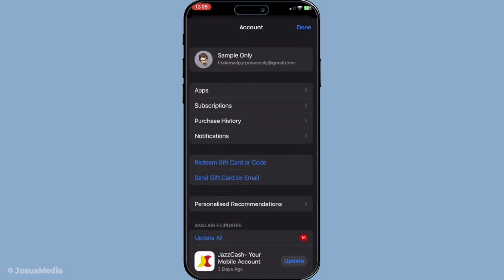After tapping your profile picture, a new screen will appear showing your Apple ID information. Right below your name and Apple ID, you'll find your App Store balance if you have credit available. This balance represents any credit that you've added to your account, either through gift cards, promotional offers, or previous refunds. It's a straightforward way to see what funds you have available to spend on apps, games, music, or subscriptions directly